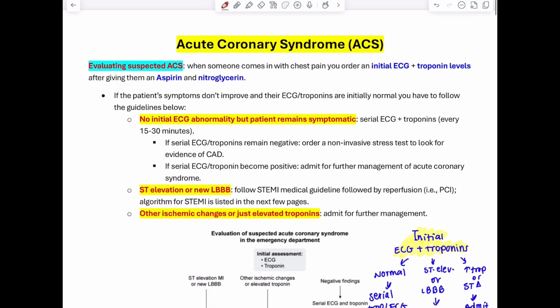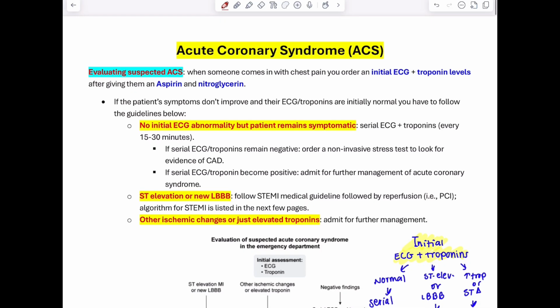Okay, so the first topic that we are going to talk about is going to be acute coronary syndrome. And we're going to start talking about the whole topic starting from stable angina. Okay, but before we start, I wanted to start with something that I think is going to set you up